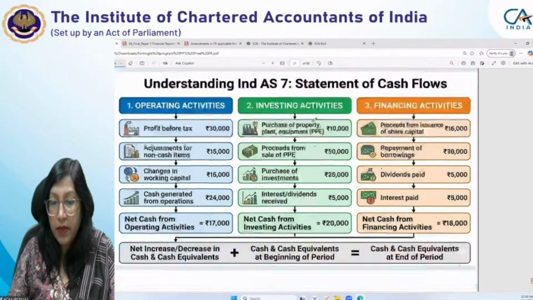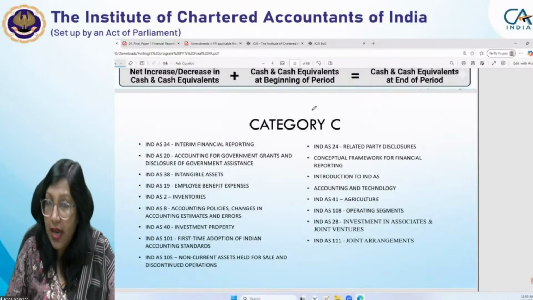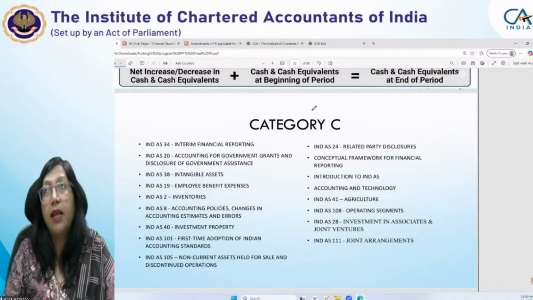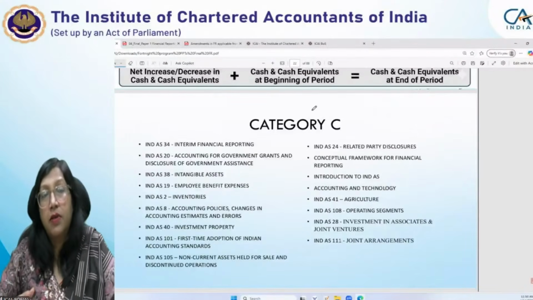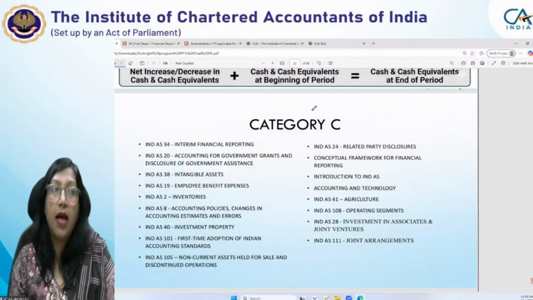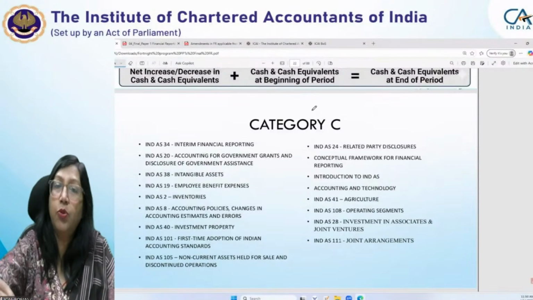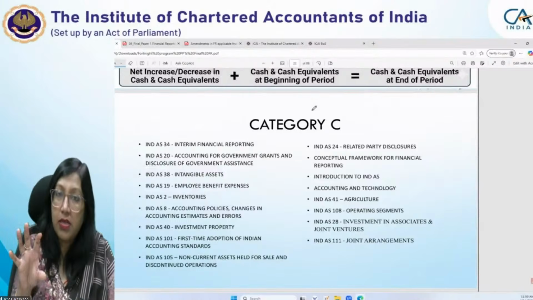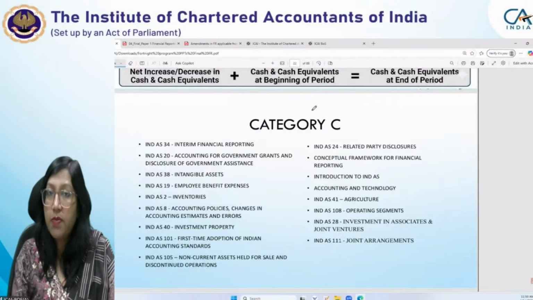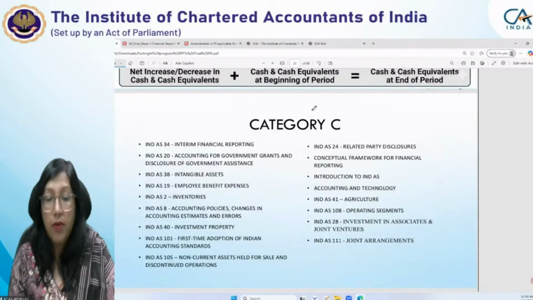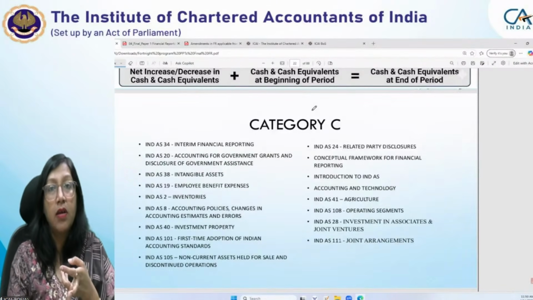ओके, मूविंग टू नेक्स्ट इज कैटेगरी सी। कैटेगरी सी में जो स्टैंडर्ड्स हमने डाल रखे हैं, दोज इंडेज आर वेरी frequently not asked. It is not that ki every attempt it is asked or every alternate attempt it is asked. It is not like that. It may be after 2 to 3 attempts a question is asked, and questions are asked for 5 marks, 6 marks maximum. Okay, sometimes maybe of even 8 marks, not more than that,